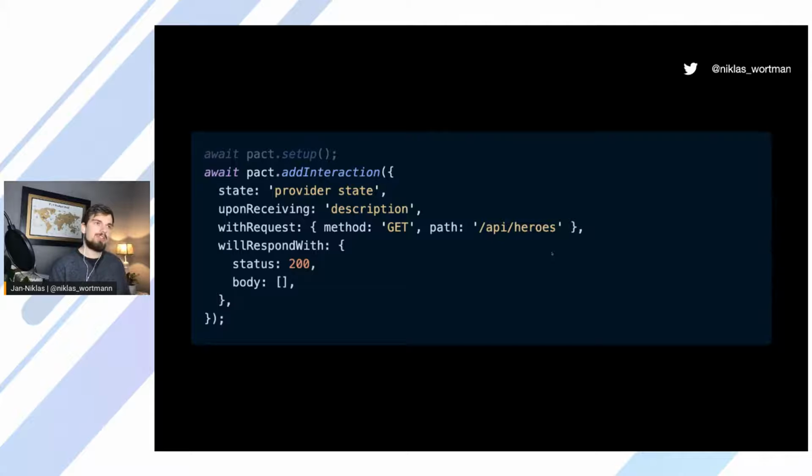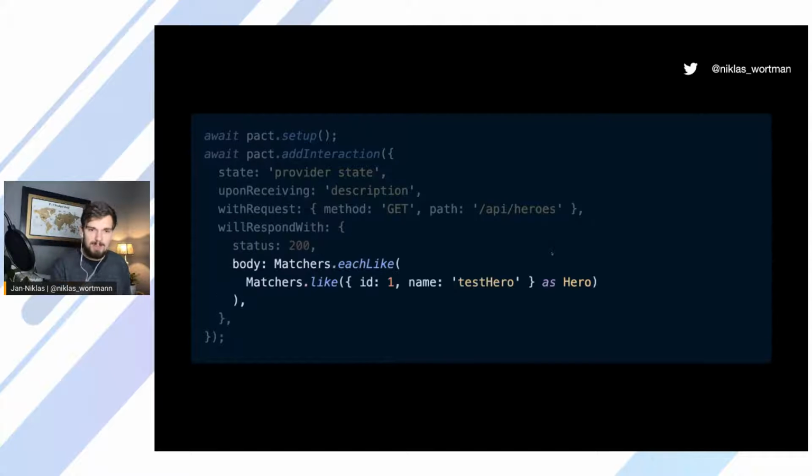For the provider verification, this would not work really well, as it's very unlikely that at any point in time our backend service will always reply with an empty array. Imagine you have some kind of database. At some point, there will be values in your database which are going to be returned. And by default, Pact does very, very strict type checking on those types. So if it's anything other than an empty array, this test will fail on the provider side. So what I specify in this contract now is